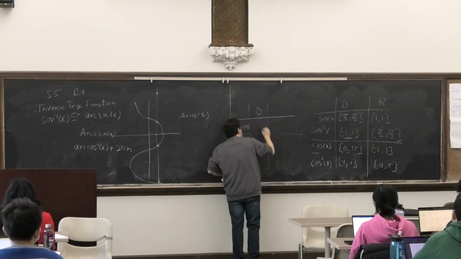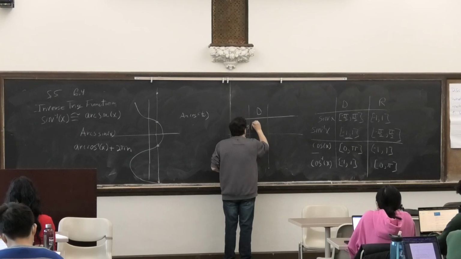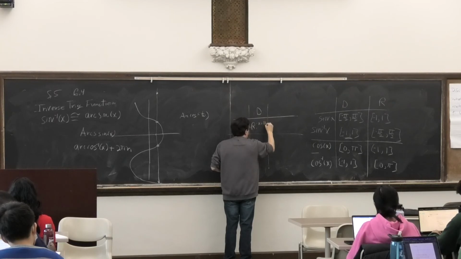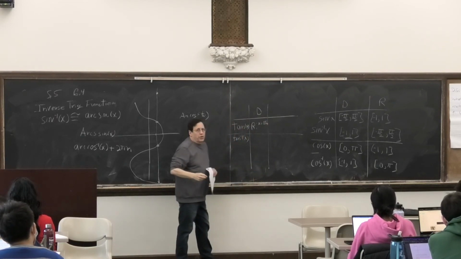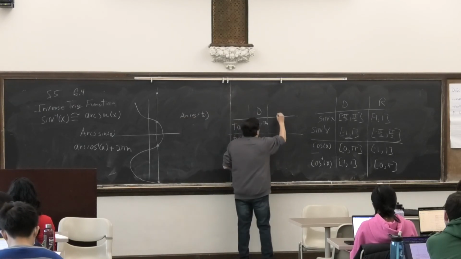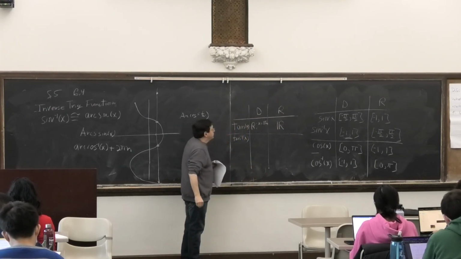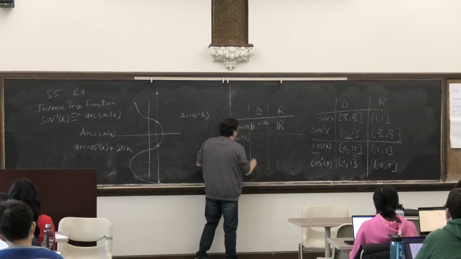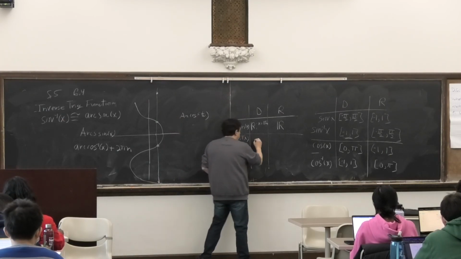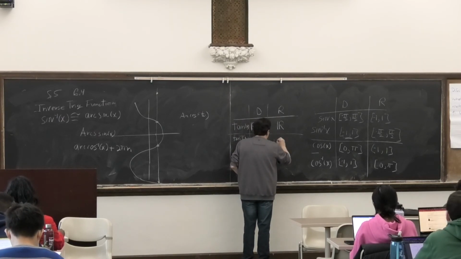So the domain of the tangent, and now I guess you should all know it, is real numbers where x is not equal to pi n. That's where the cosine is 0, and that's where it's undefined. The range is all real numbers. So that immediately tells me that the inverse tangent function is going to have a domain of all real numbers, and its range is going to include,